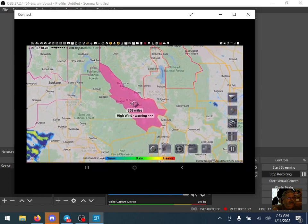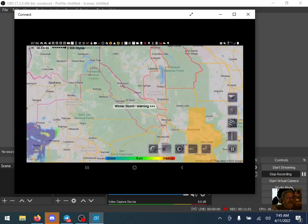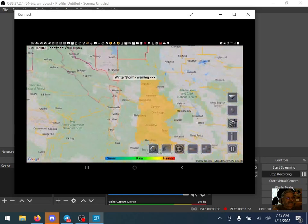There's going to be a high wind warning, and that's from 5 p.m. this afternoon to 6 a.m. on Tuesday. 15 to 35 with gusts up to 55. Excuse me. So you may end up having trees, branches blown down and stuff like that. And if you end up throwing some snow in with it, I'm not saying that it will be, but